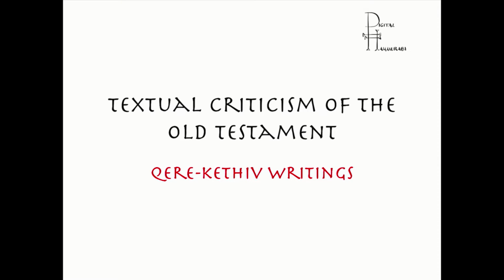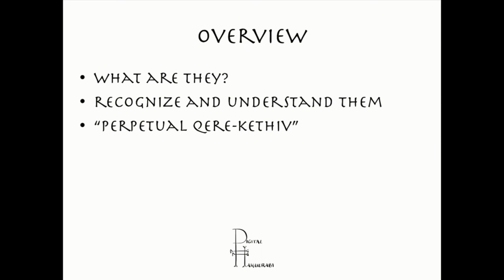Well, I think it'd be a good idea for everybody to understand what these writings are, what the Masoretic scribes were trying to do in putting them there, and how it can help us understand some of the subtleties of Old Testament textual criticism. So we're going to take a look at what Qere and Ketiv are, figure out how to recognize and understand them, and then we're going to briefly look at something they call the perpetual Qere and Ketiv, what that means, and what significance that can play when we try to understand